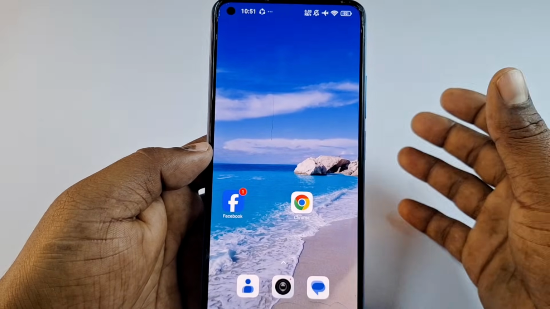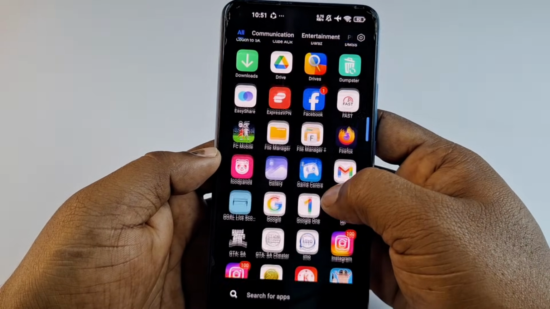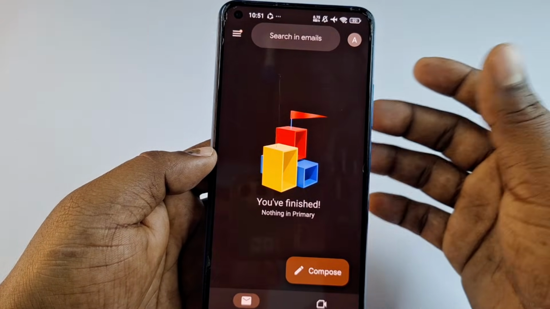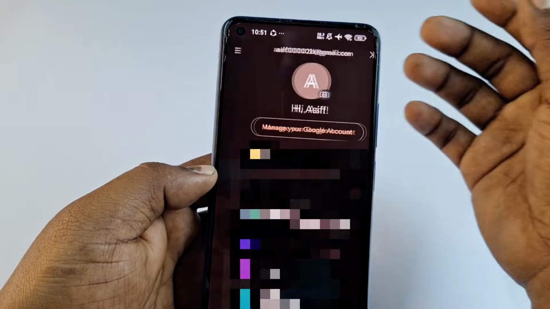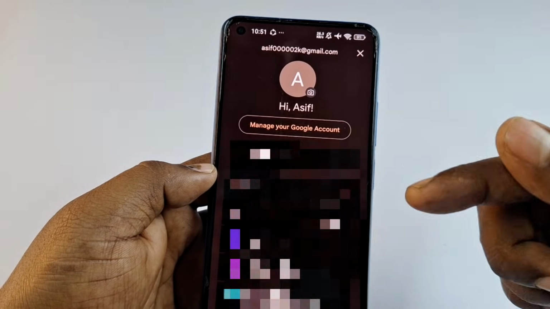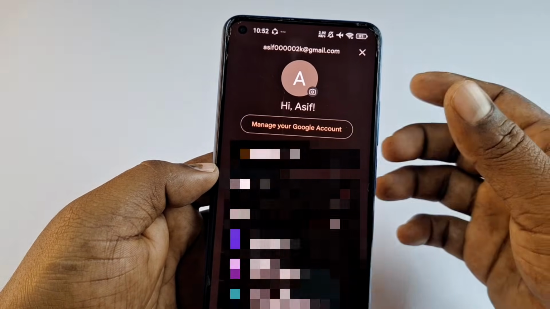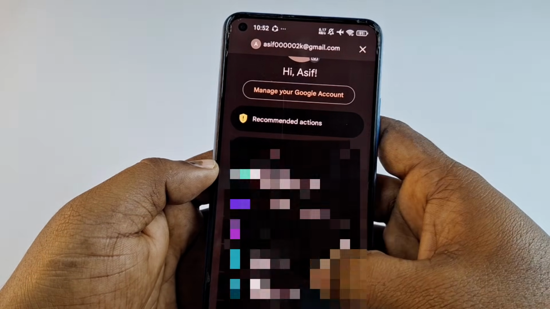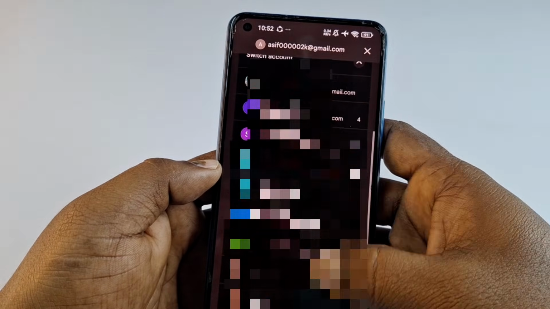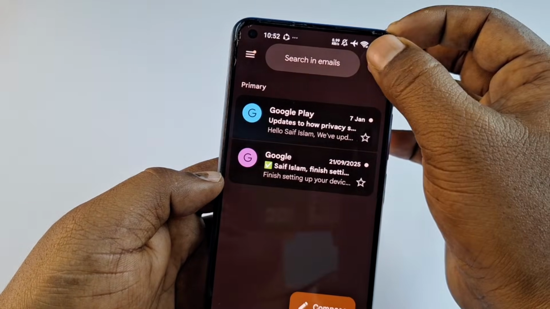So let's start. So for deleting your Google account from your phone, you need to go to your Gmail application. So let me go mine, and after that you will see here your profile icon. So let me click this one, and after that maybe you will find lots of Gmail accounts in here. So you need to choose that Gmail account, I mean which Gmail account you want to delete. Okay, so I want to delete my this Gmail account, and after choosing it, again click here your profile